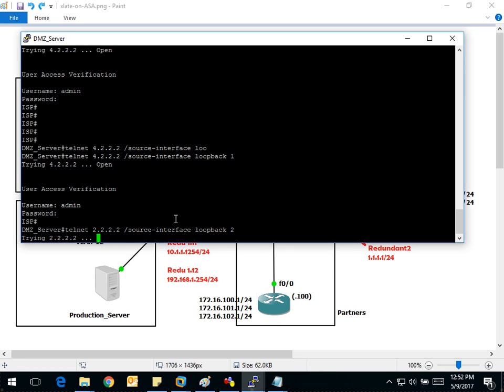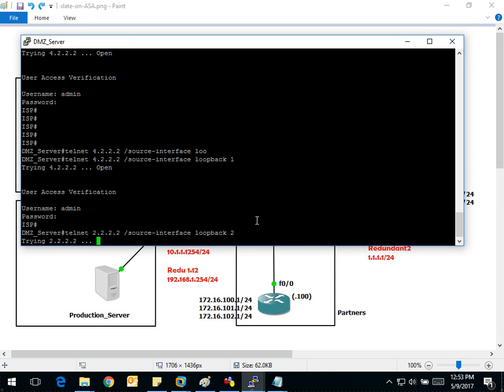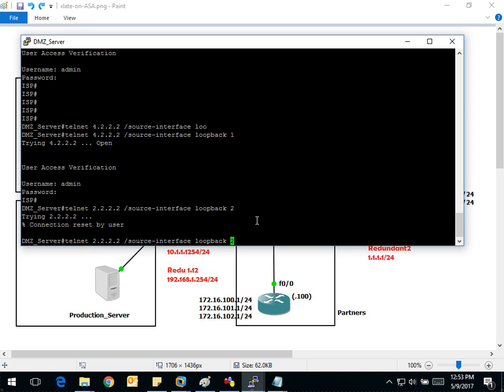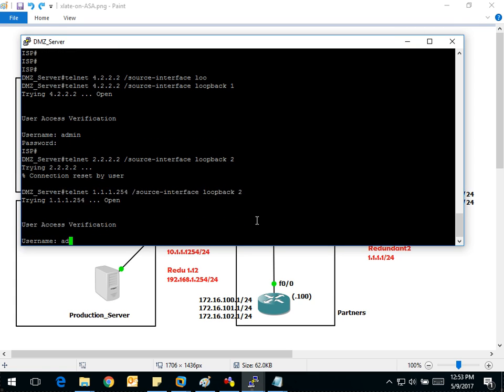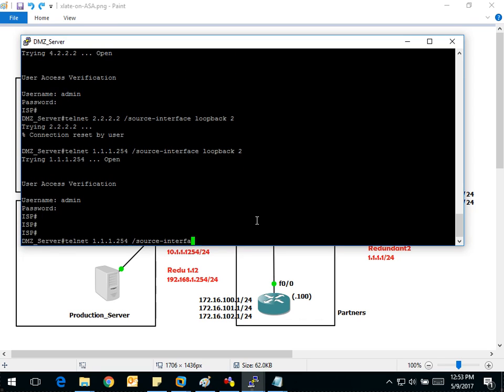Hope it was 2.2.2.2 and not something else. If it doesn't go, we'll try 4. I think it's 2. It was something else. If it is not coming up, it means it was something else. No worries, let's do it to another one. I think that IP is not there. No worries. And now when you go from the third one, before I go to the third one, let's